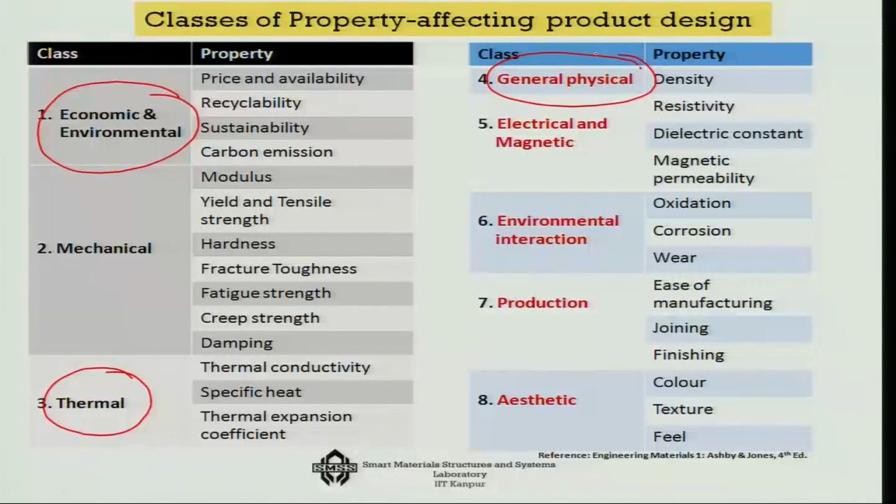Next is the environmental interactions. So, here in the environmental interactions this is specifically important for mechanical systems. For example, oxidation, because all mechanical systems, when they are exposed to the environment, there is always oxidation that happens in the system. So, you need to give good protection from oxidation, and sometimes there are other corrosive gases.